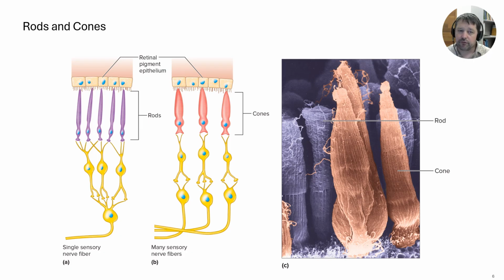Okay, and so that photon would be coming in. What's not shown here is that light is coming in from this direction. It's going to react with the rods. The rods are then going to create a stimulus that creates an action potential, and that action potential will then be transmitted through the nerve fiber to the optic region of the brain, regardless of whether it's a rod or a cone. Same general system.